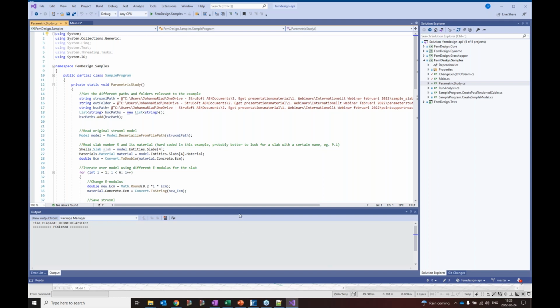So the way that I'm going to do this in the parametric study is that I'm going to vary the E modulus on the concrete slab that I showed you, starting at 20% of the entire stiffness of the slab and then going up in steps. So 20, 40, 60, 80, and 100% of the stiffness of a completely uncracked slab. And the first thing that I need to do,